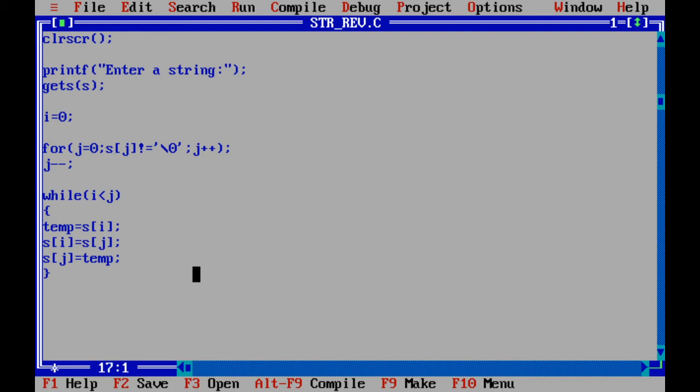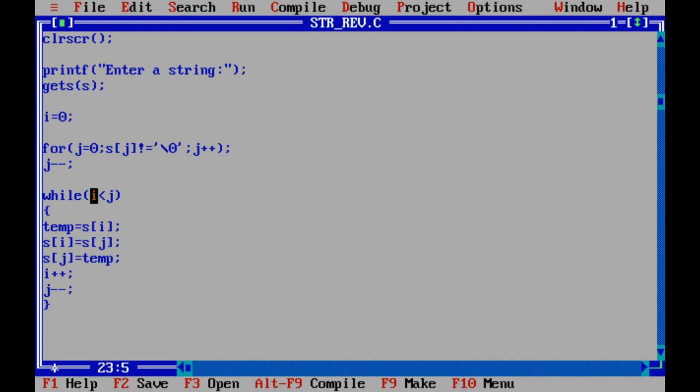After that, one more thing is remaining. After swapping, we have to make i plus plus and j minus minus. Now after incrementing and decrementing, again check the condition.